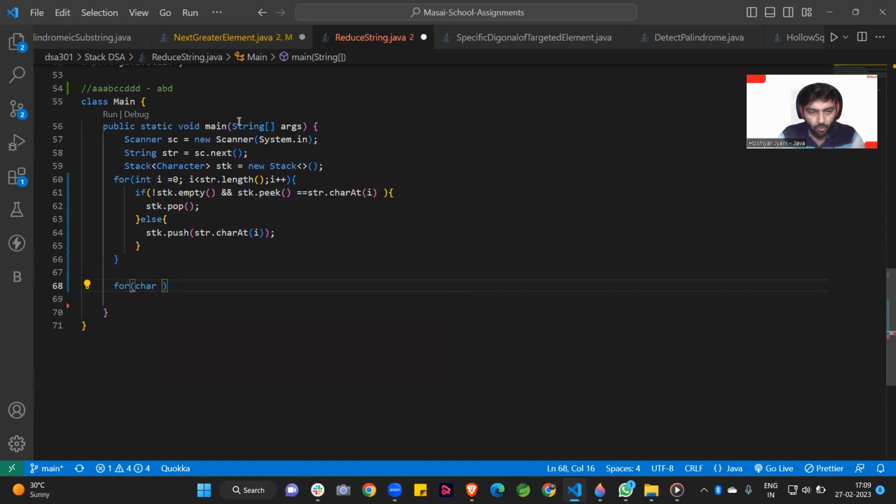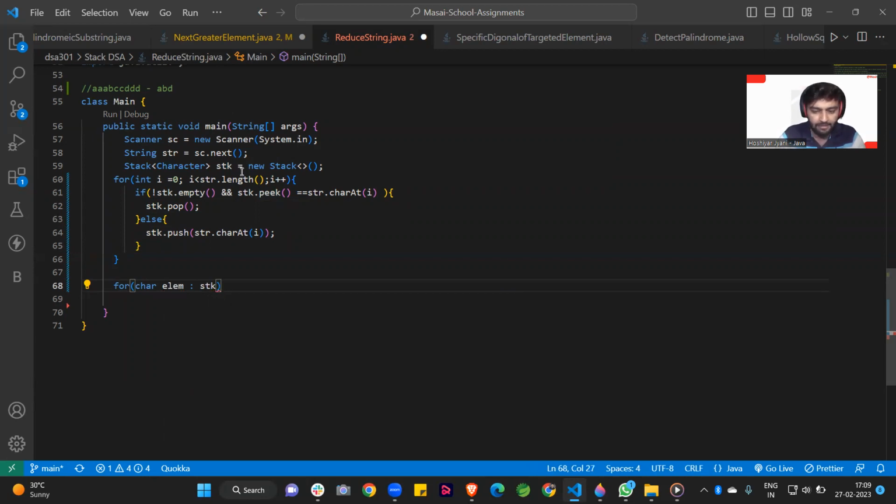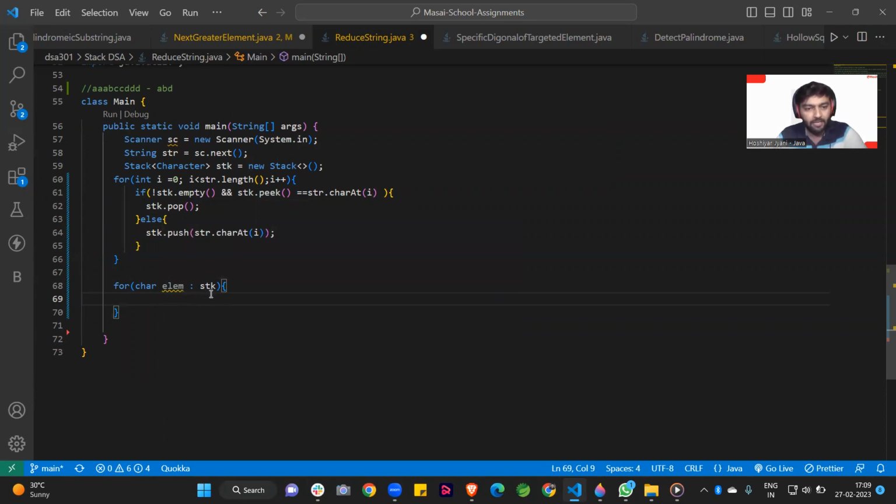The element name can be anything, I am writing element, and the name of the stack is stk. This is a variable name, you can write anything.